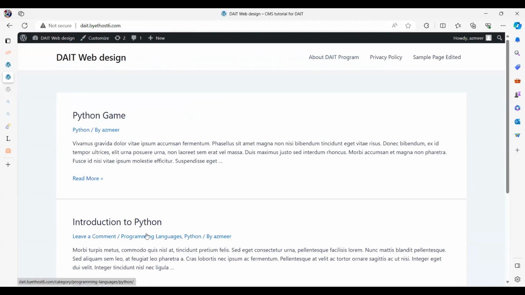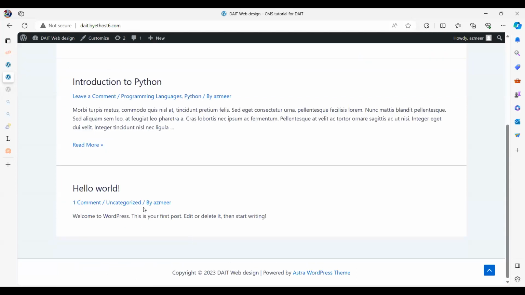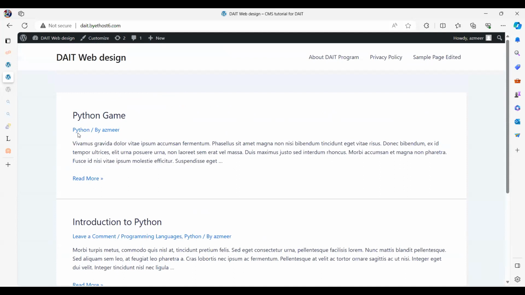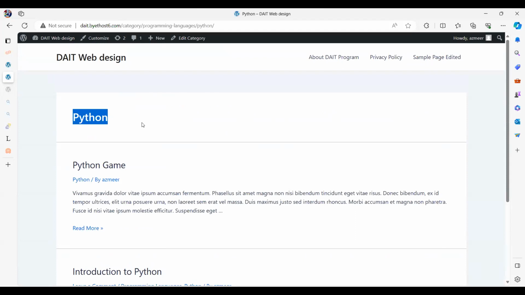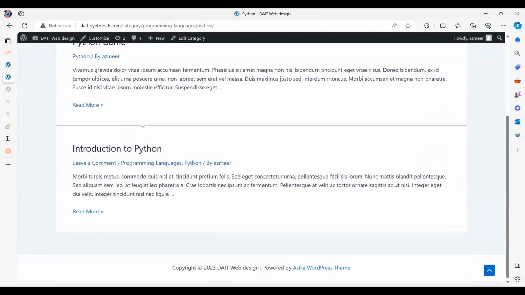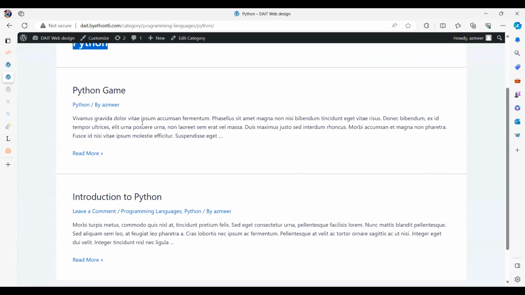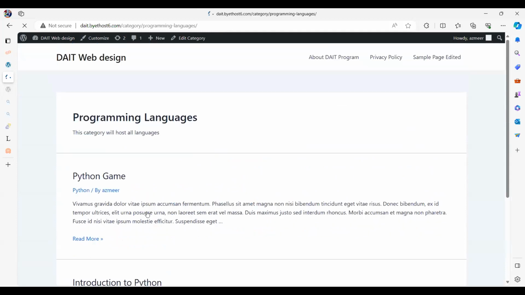Now here I have programming languages and Python. I also have another one called Hello World. Now, if I click on Python category, I will see this as my category name, and then all the articles under the Python category, Python game, introduction to Python. If I click on programming languages, it shows the category here, right?